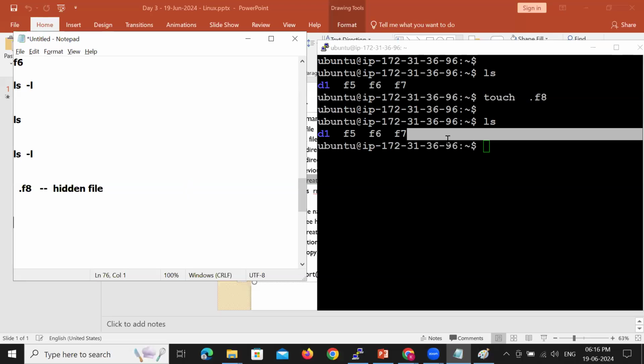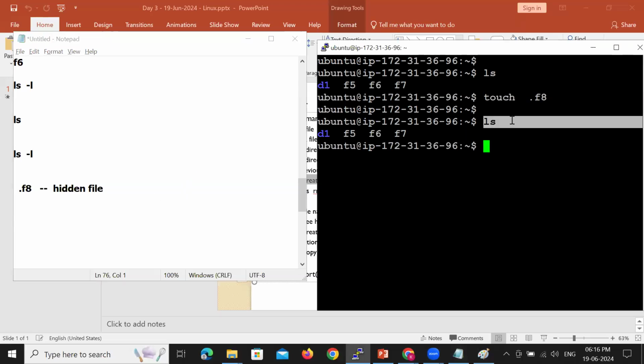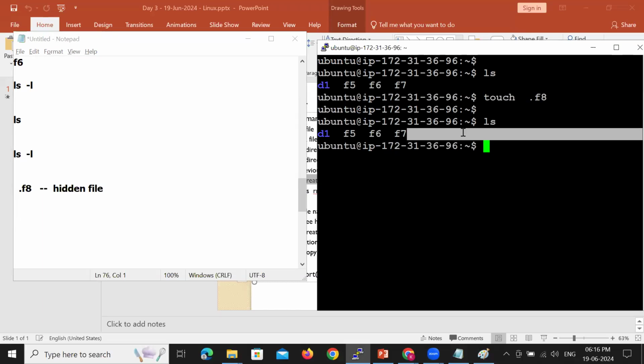That's the reason ls is not capable of showing hidden files. It is capable of only showing normal files and normal directories. I want to create a directory with the name .d2. When a directory name starts with a dot, it is a hidden directory.